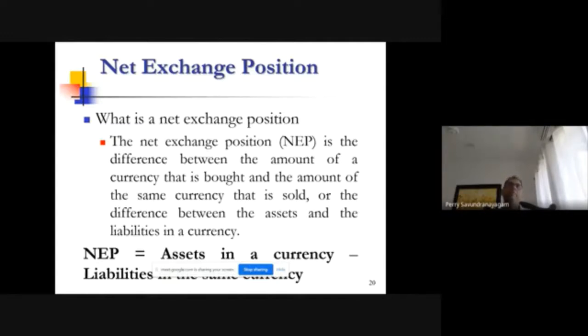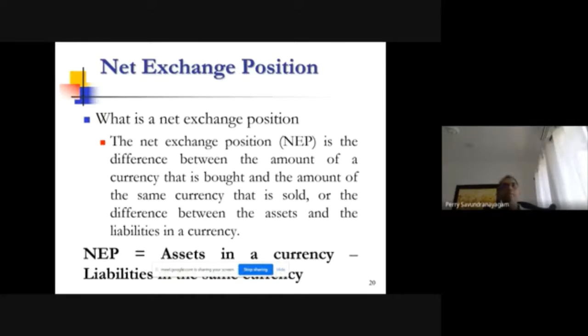Because I have the ability now, because I have the dollars, to go out there and lend it to somebody. Or I can go and swap it into rupees, whatever. That we'll discuss later. But take it this way: I get a dollar deposit from an exporter. I can lend it to an importer or somebody else in US dollars. So I can get a dollar liability and create a dollar asset. Fine. But there is no exchanging of those currencies in that process. All I'm doing is keeping it in the same currency.